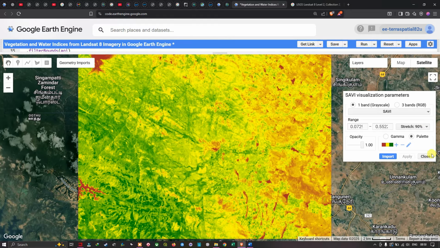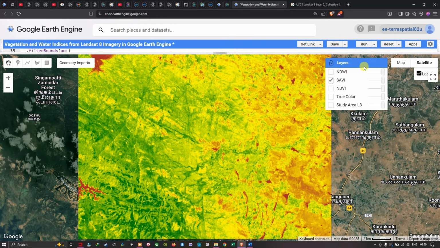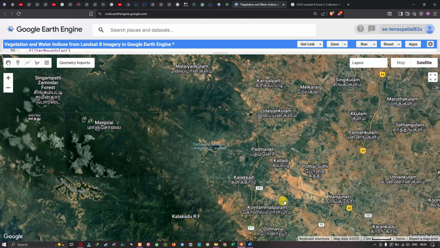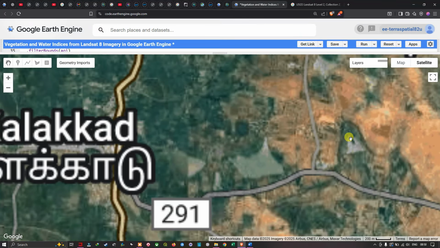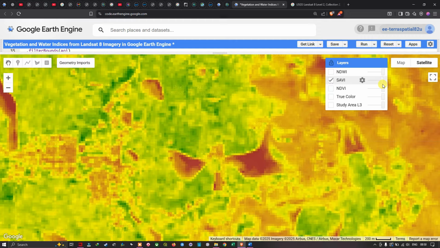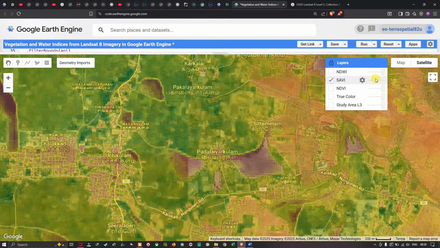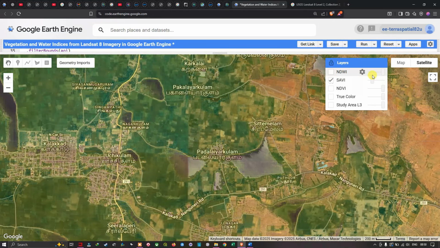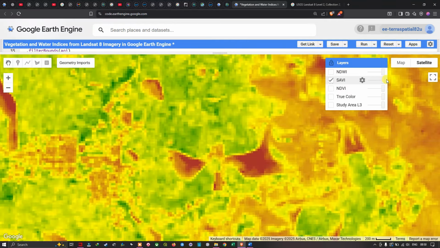I'm going to navigate to the layers and turn off this transparency. For example, this particular area has a water body. So we're going to turn this transparency back to full. All the red areas indicate the water bodies. You can clearly see that all the red areas indicate the water body, and here as well, mostly the red areas indicate the water body. And similarly,